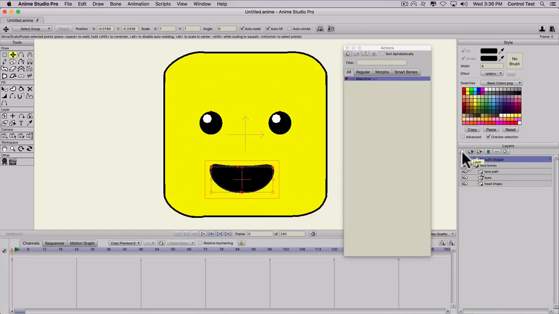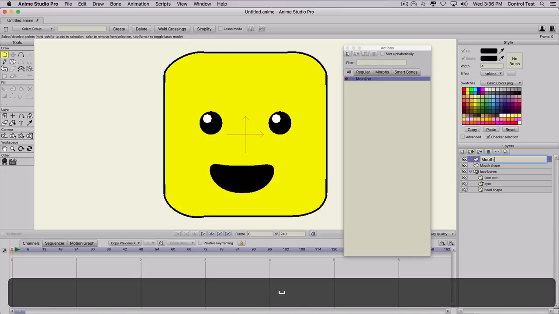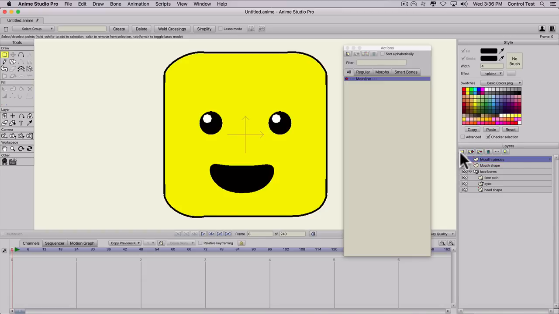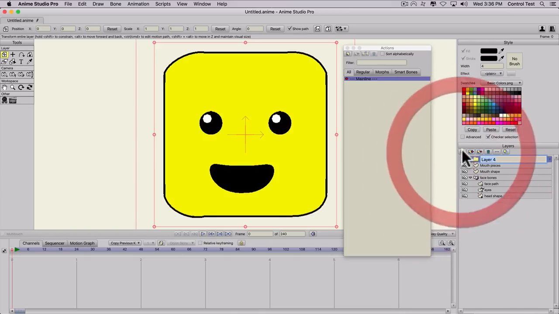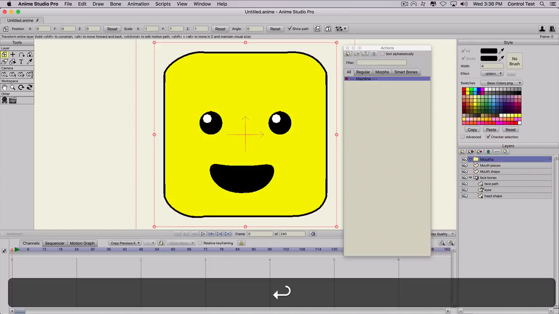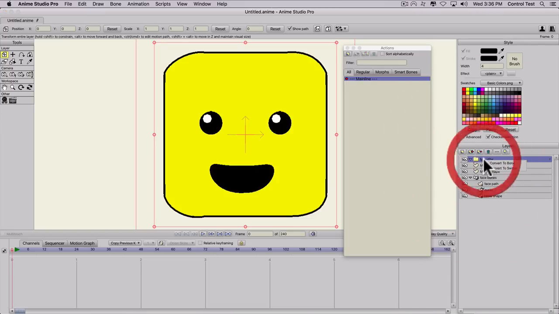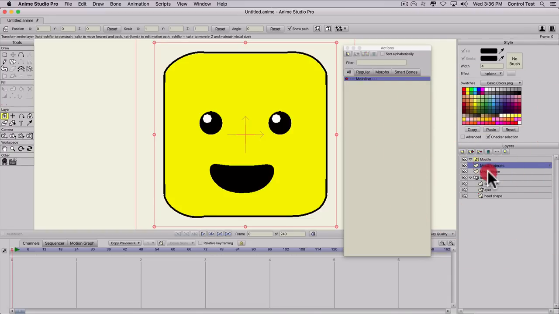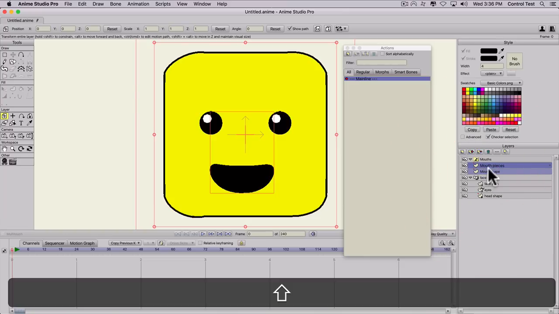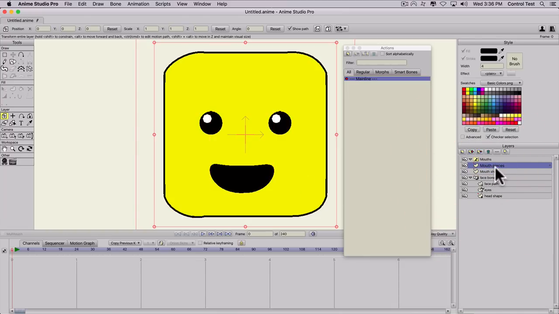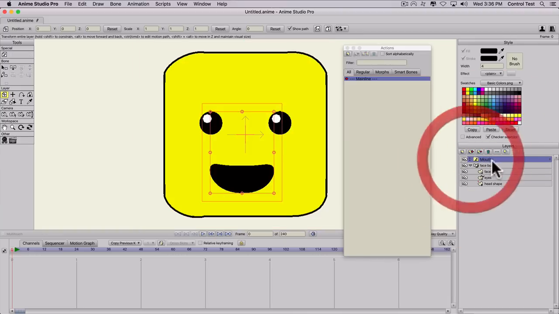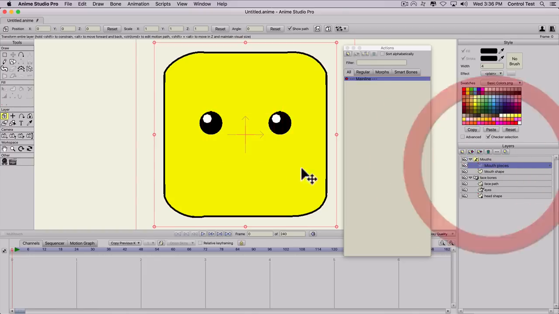And then I'm also going to create a new vector layer and call it mouth pieces. And this time we are going to put those two layers in a group folder. So I'll call this mouths for the folder. Actually, let's right click and convert it to a switch layer because we're going to make different mouths. And I'm just going to use some masking. That's why I'm using a folder and two different pieces of artwork. It's just going to be easier to do that. Let's go ahead and, under mouthpieces,